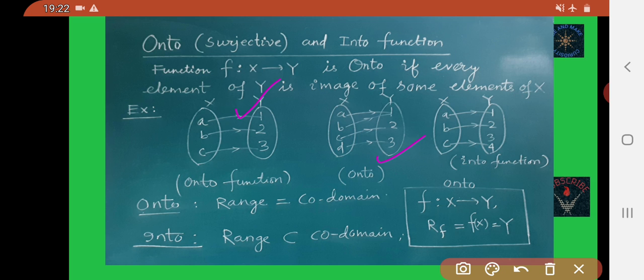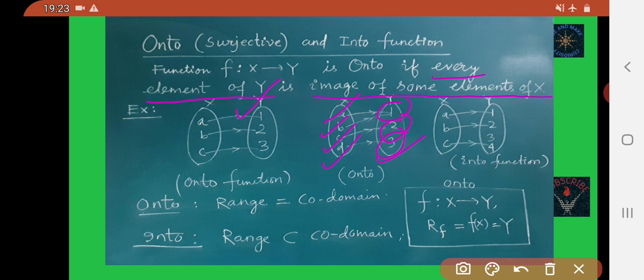Now come to this function. Here you see the pre-image of 1 is A and B. Pre-image of 2 is C. Pre-image of 3 is D. So every element of Y is image of some element of X. So this is an onto function.